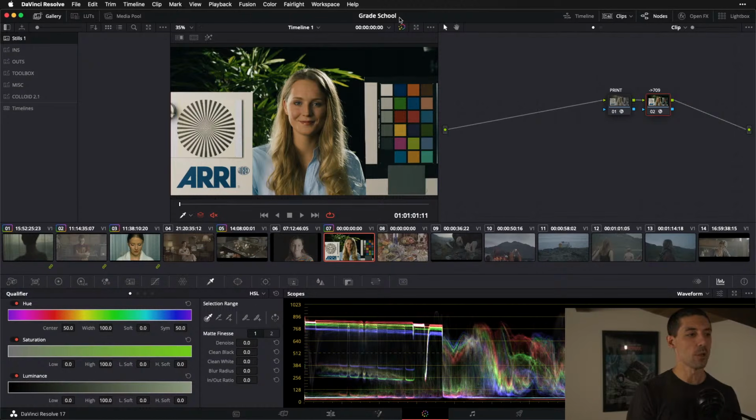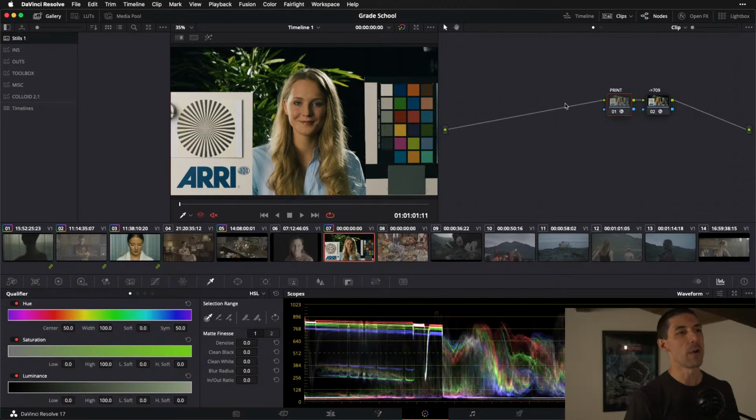So what I need to do on the grade for those graphics is input map them into my working color space, whatever that may be. Basically just treat it like it's a piece of Rec 709 or sRGB source and map it into your working color space. That way, when it receives the output transform that is hitting all of the shots in your timeline,